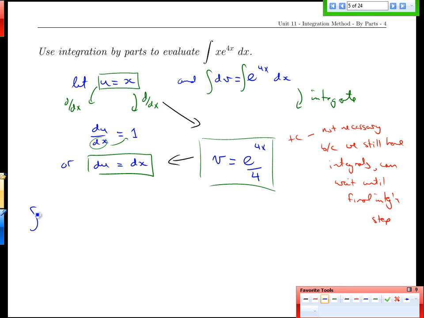And that makes the integration just a little easier to keep the bookkeeping straight. So if we have the integral of x e to the 4x dx, and reminding ourselves that this is our u, and the other half was what we were going to call dv. Now we apply the integration by parts formula,